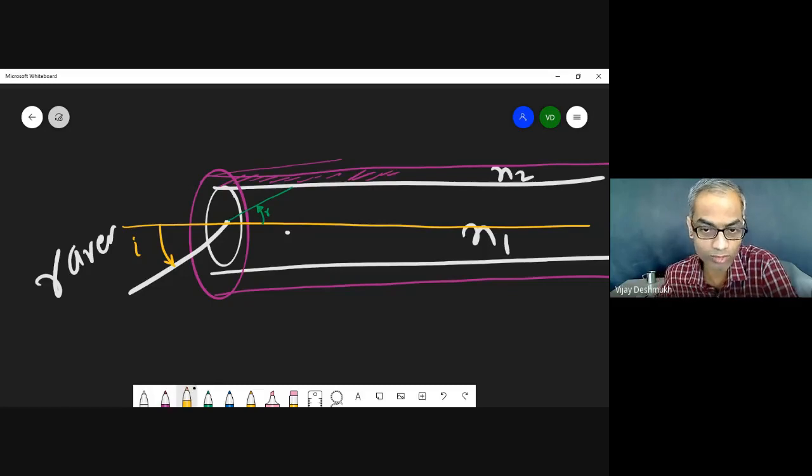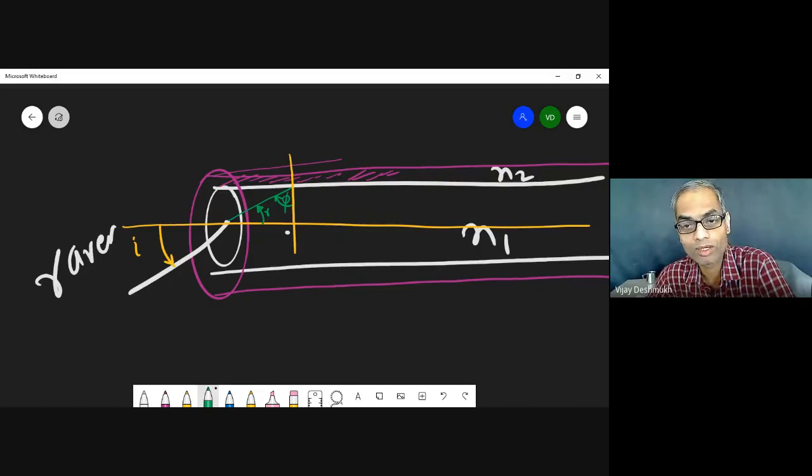So now the normal will be something like this. This will be the normal. Now the angle of incidence is from the normal. So this is the angle of incidence for this portion. So this will be phi. And then it will totally get internally reflected. We are not sure whether this is phi or something else. It depends upon the total internal reflection. And therefore the angle of refraction in case of total internal reflection is this, not this one. Clear?